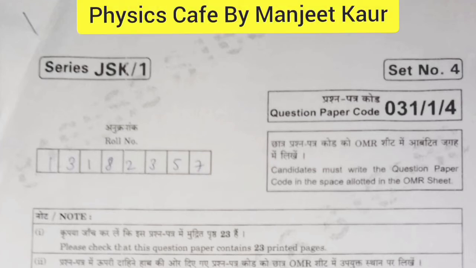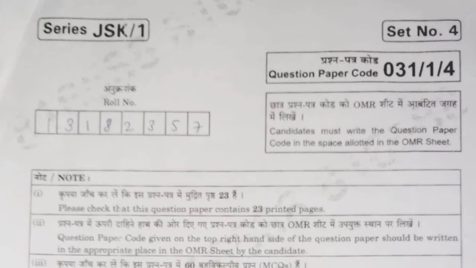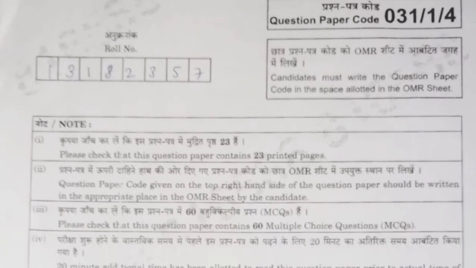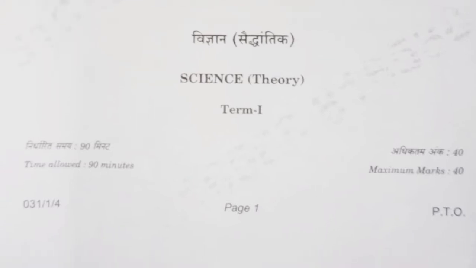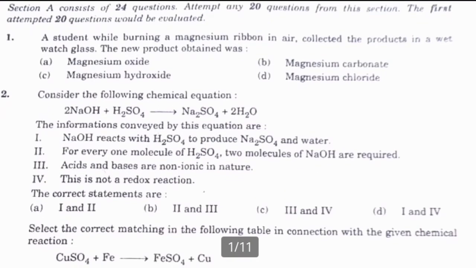So series is JSK/1. So this is the front page and this is the set number 4. So here this is for term first exam and maximum marks is 40. So let's start. First question we have, a student by burning a magnesium ribbon in air collected the products in